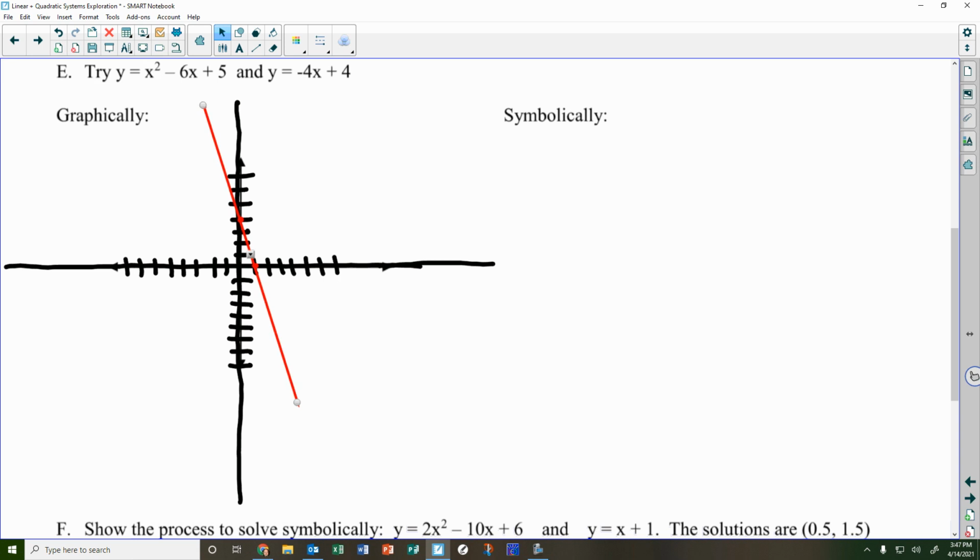Okay, so that goes right through the points (0, 4) and (1, 0). Okay, so there's my straight line. Now, if I look at my quadratic,